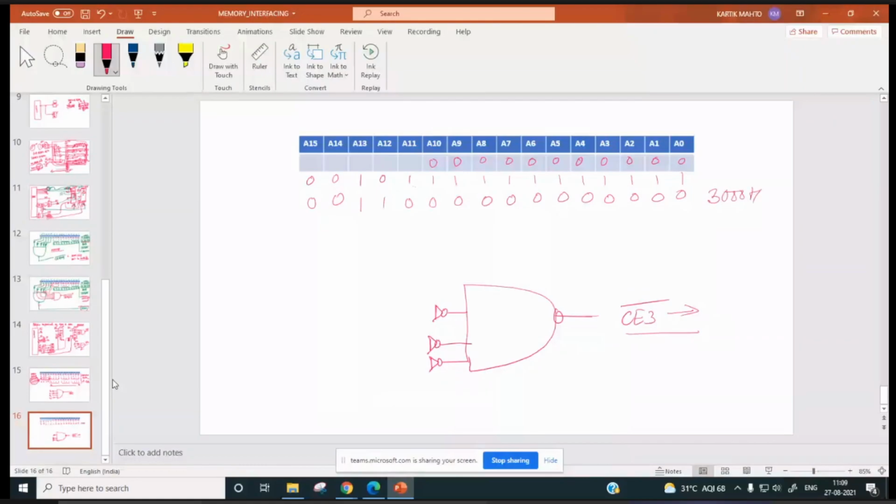And out of it will be 3000H. So how many lines up to this will it be using, no? Up to A10 it will be using. Yes, sir. So this A11 will go inverted over here, while this A12 and A13 will go directly.